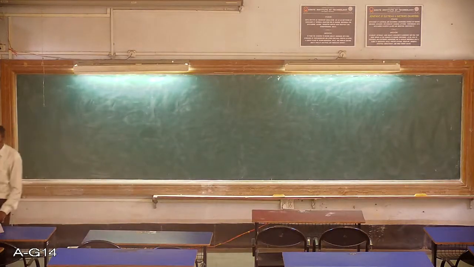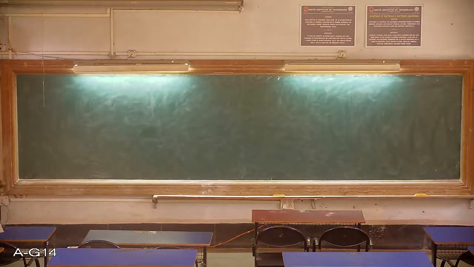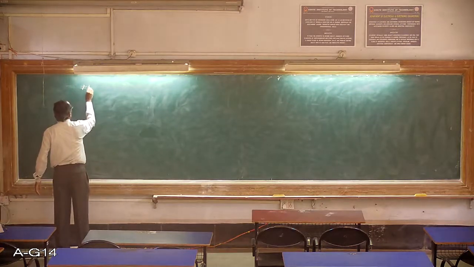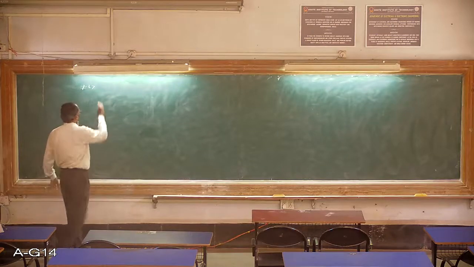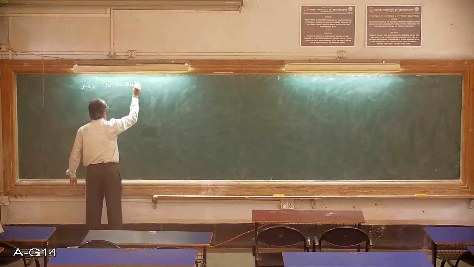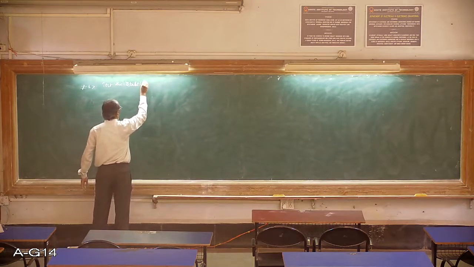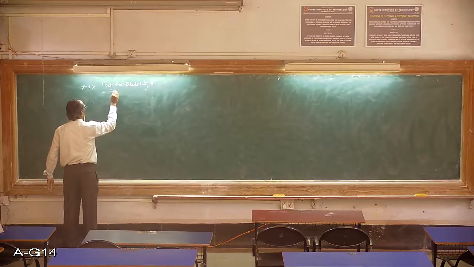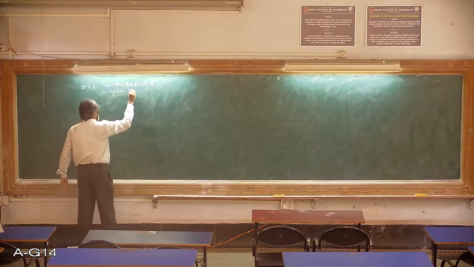We'll consider a numerical. So we'll start with a simple fourth order system. Start with numerical. First one, test the stability. The problem definition: test the stability of a system represented by